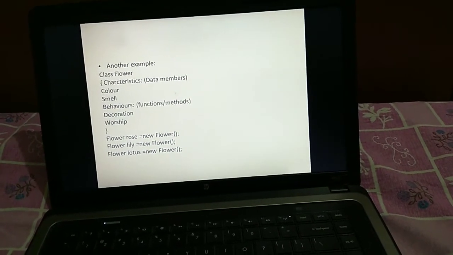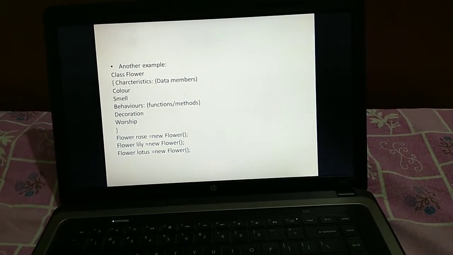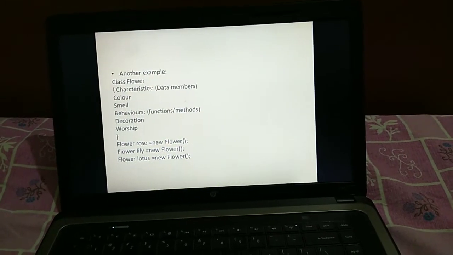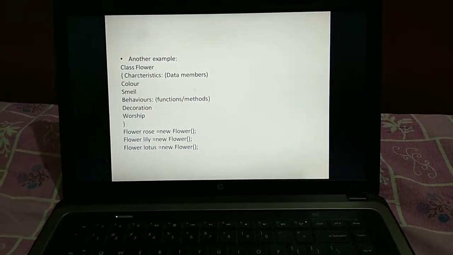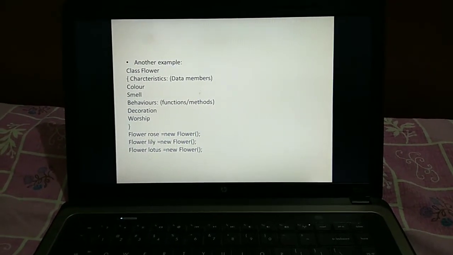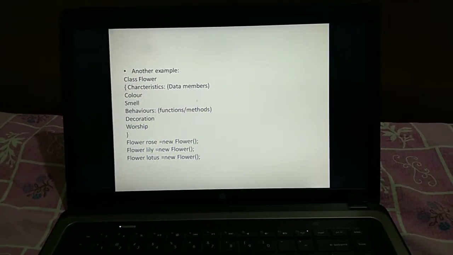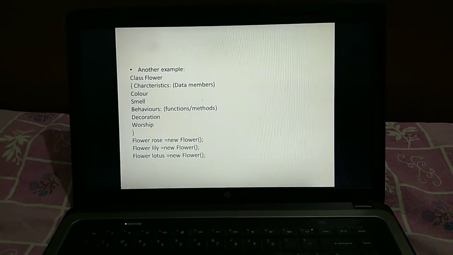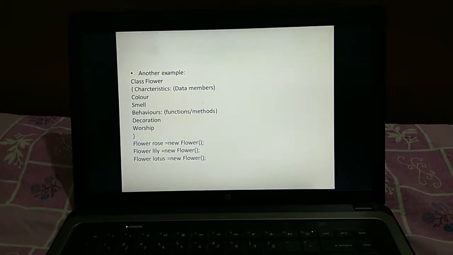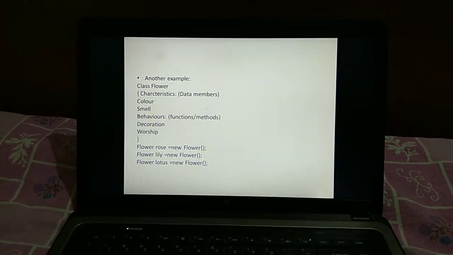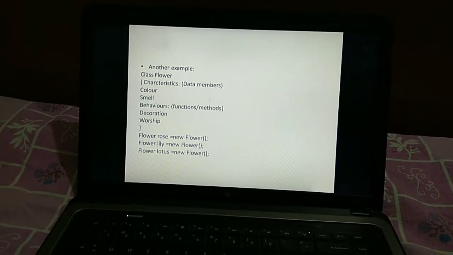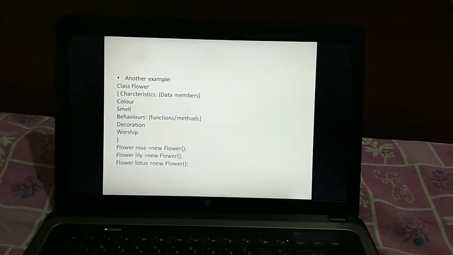Okay, and behavior, why is it used? It is used for decoration and worship. Okay, and they have created objects under the class flower. Which are the objects over here? Rose, lily and lotus are the objects which have been created under the class flower. Okay, any doubt over here?